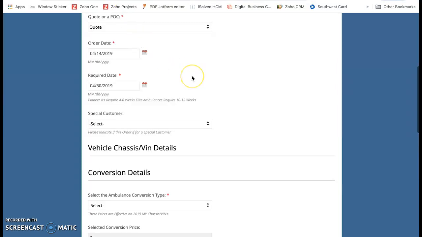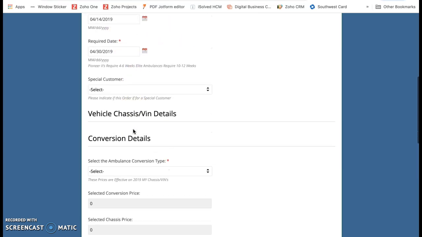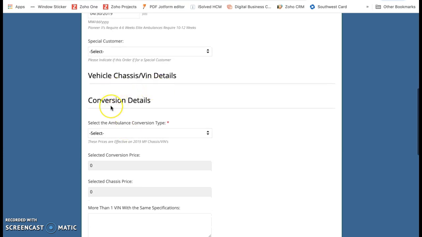Okay, so now in the third section, we've established that we do not need the special customer. We've selected a quote and selected our required dates. So now you'll come down to your VIN or chassis selection. It will determine what type of VIN or chassis you need based on the conversion